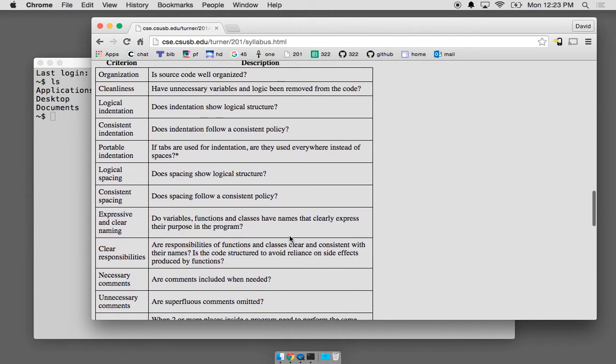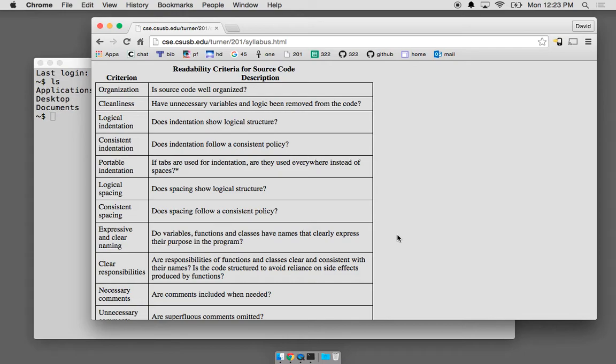Now, source code in this class is like that essay in the English class. There's readability issues. It's meant to be read. Unlike the English essay, the programs you write in this class are meant to be read by the compiler and by people. So you're writing to two different kinds of things, a machine and a human. In English, you just write for the human. So you could write code that the machine understands and runs correctly, but that's not good enough,